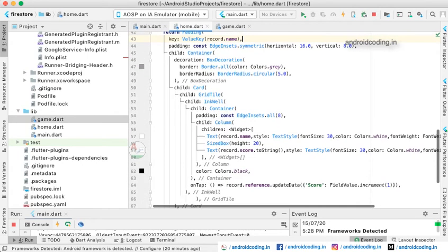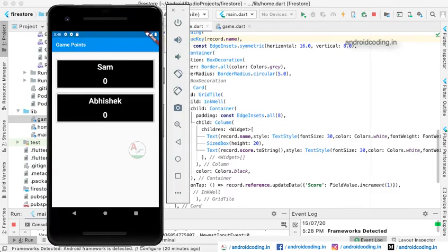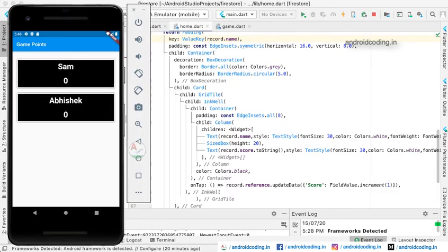So this is a basic decoration, you may say a design we have made here. You can see I have made a sample design here, player 1 and player 2, and initially their scores are 0. So I have considered a card view inside which I have provided a grid tile, inside which we have taken a container.